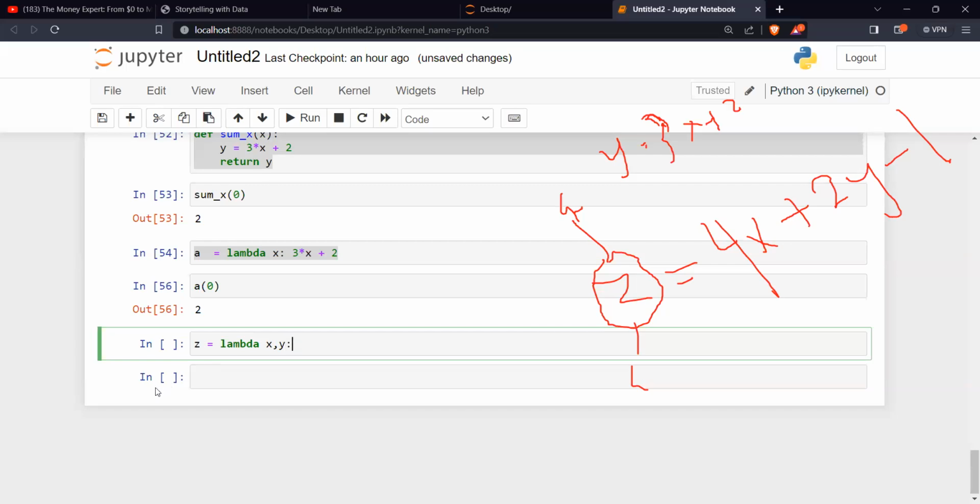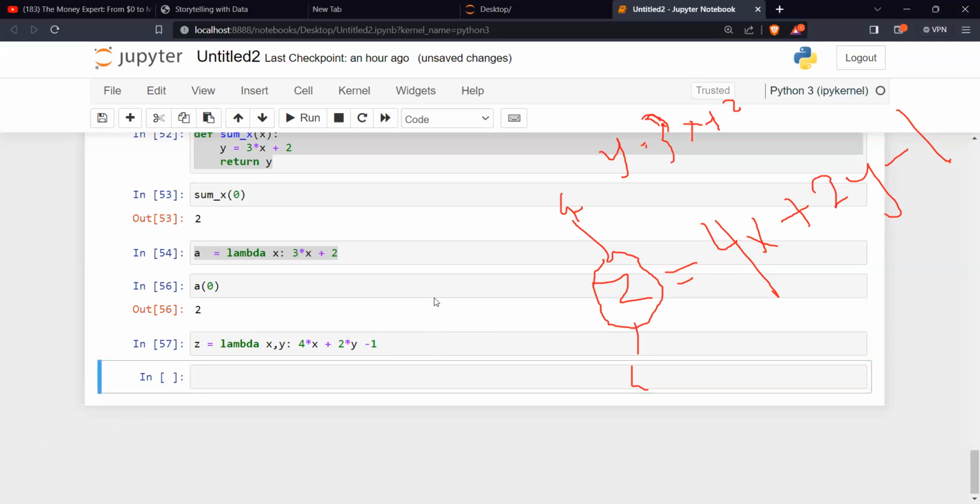Then what's the expression? 4 times x plus 2 times y minus 1. I've written my lambda function now.